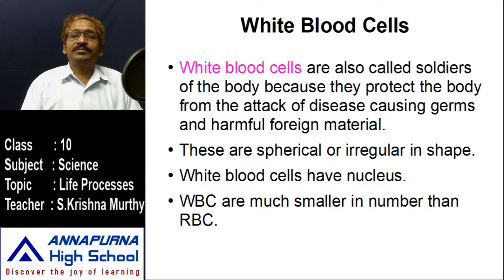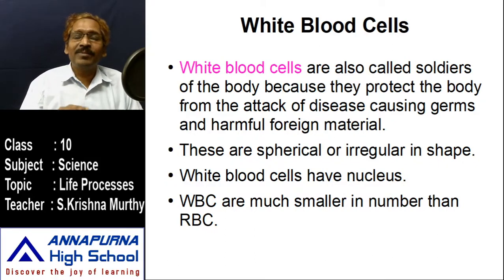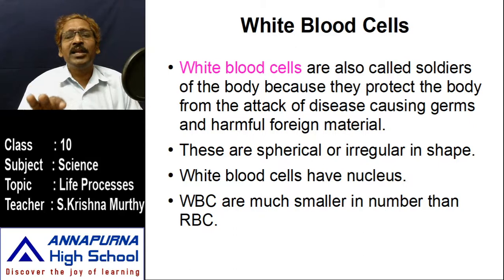it has a nucleus. The white blood cell has a nucleus inside it, but the nucleus shows 5 lobes. The nucleus is split into 5 lobes in the cytoplasm. We know the nucleus is present inside the cytoplasm. Cells of the white blood or red blood or whatever cells are present inside our body should contain a nucleus, except RBC. In mammals, RBC has no nucleus, but in mammalian WBC the nucleus is there, and it also has 5 lobes.